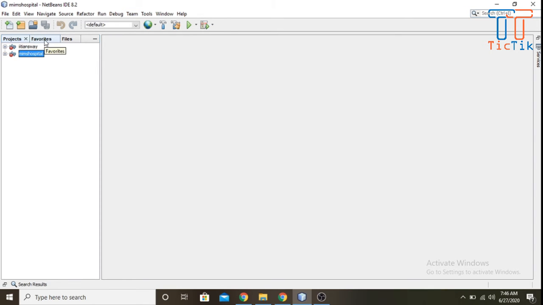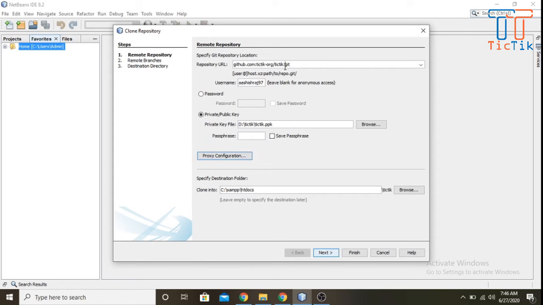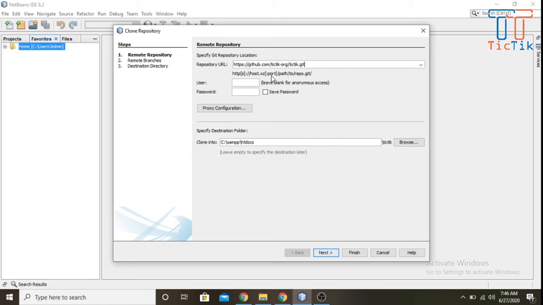So what you do, you go to another tab and then try again here. You can see the option came. Then make a clone, paste your repository link here, write your user ID, as this is my user ID, and